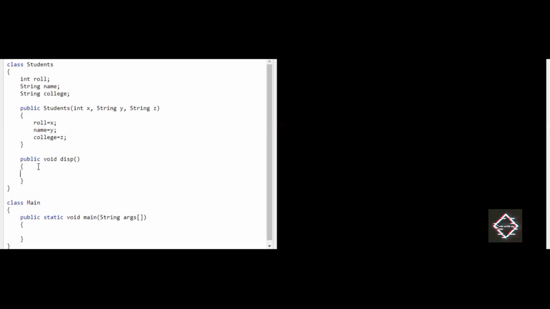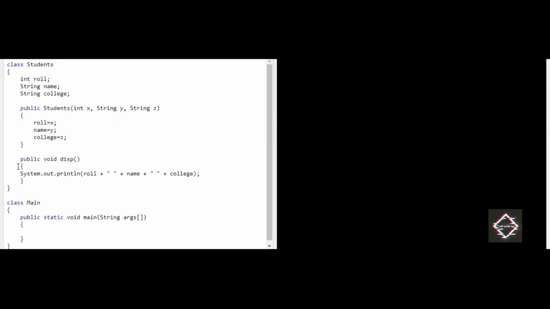System.out.print, roll number, followed by a space, plus name, plus a space, plus college, ending with a semicolon.